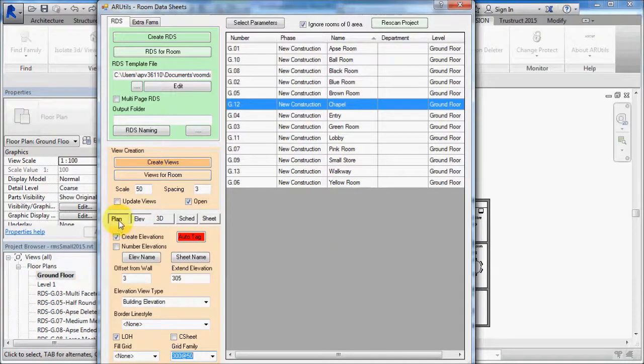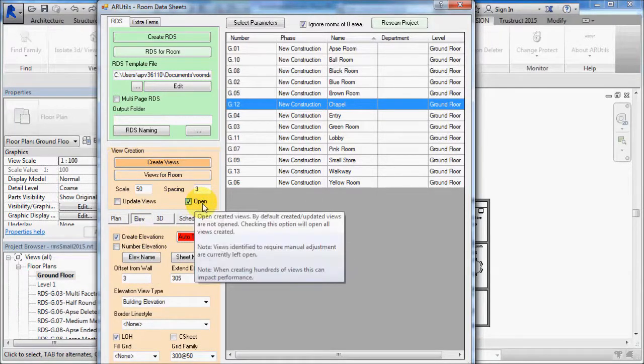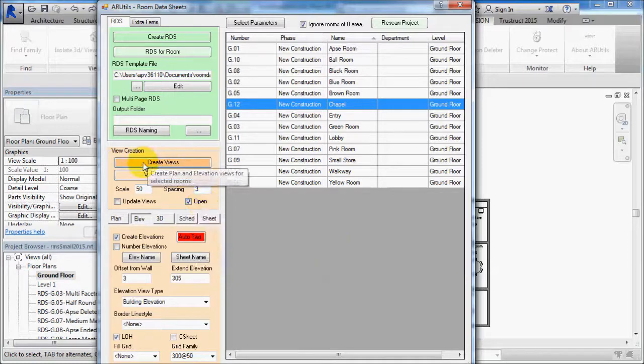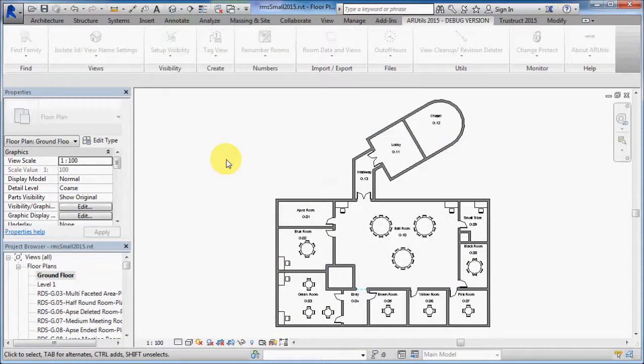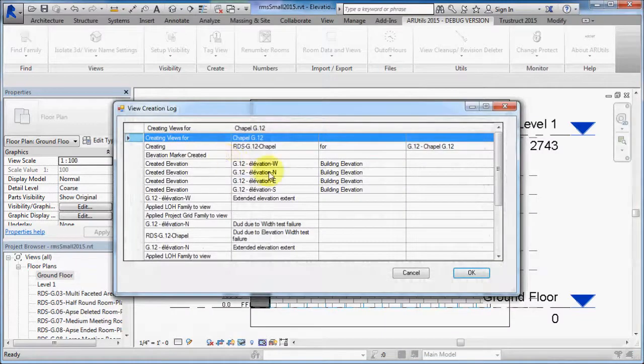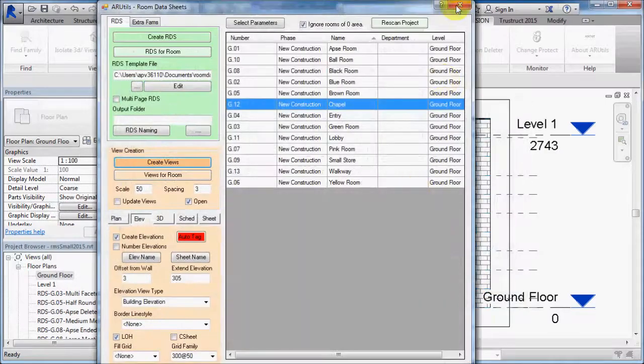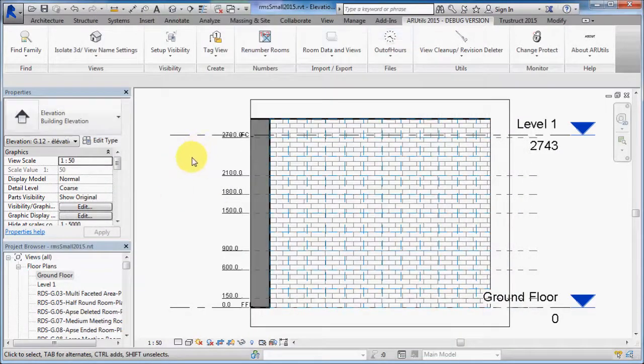And so we've now got our plan being created, our elevation being created, and our views will be opened once they're created. So let's just hit create views. And we now get the results of that process. And let's just go to